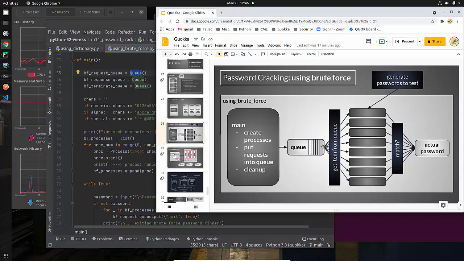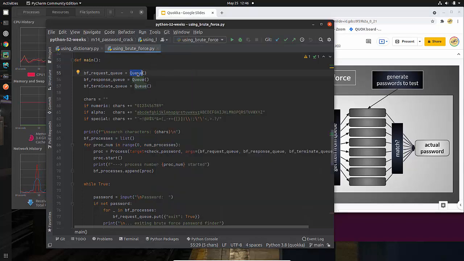So you put things into a queue, and then these workers, threads or processes or whatever they might be, listen on the queue, they pull them off, and then do the work that was requested. In our situation, that's going to be to generate a bunch of passwords and see if they match the actual passwords. The code itself is pretty clear cut.